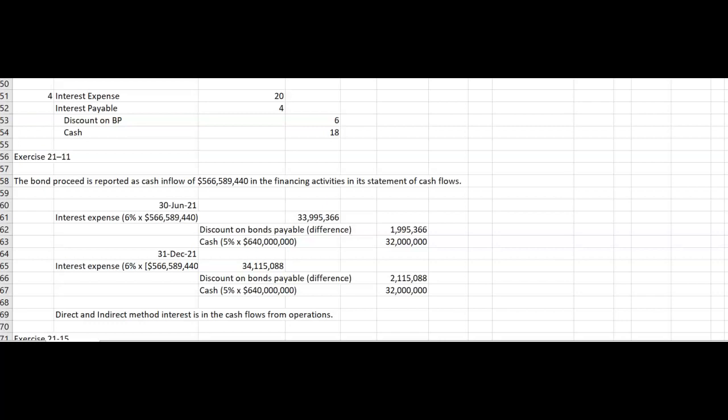Interest expense is recorded at the effective interest rate. Interest is paid semi-annually on June 30th and December 31st. On the issuance of bonds on January 1st, the bonds payable is credited for $640 million because the stated rate of interest was lower than the market rate of interest. We have a discount. They debited cash for